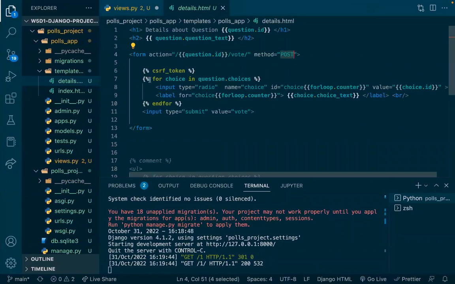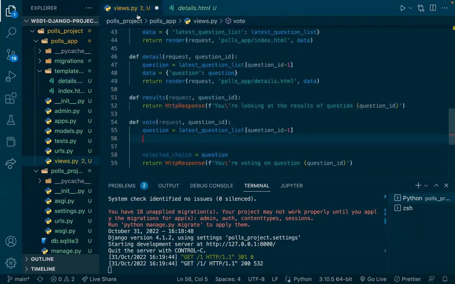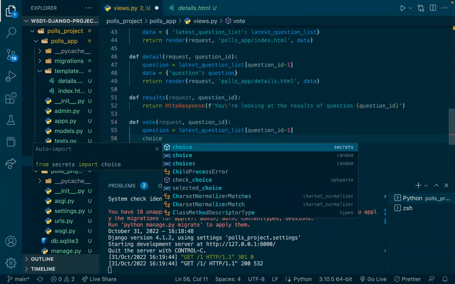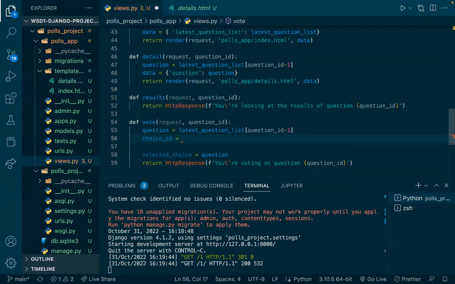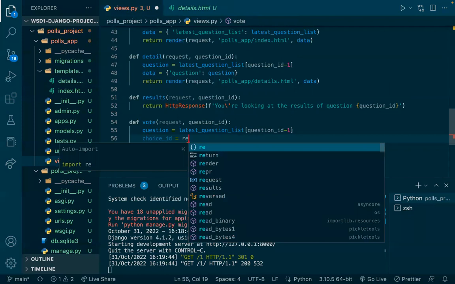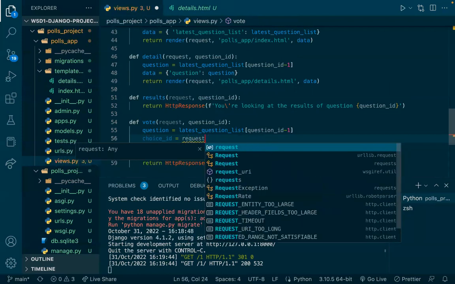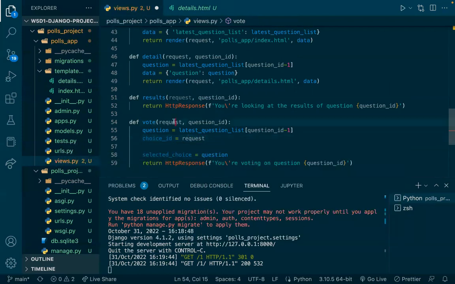So yeah, the most important information that you need to know is when we hit submit, what we have access to is going to be our value that we set. And here it's going to be our choice ID. So to access our choice ID, we can do it by grabbing our request. So the request that was sent in dot